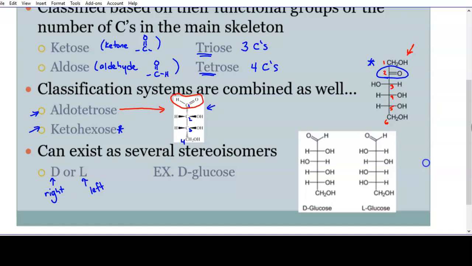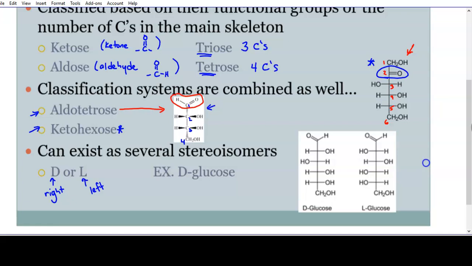Okay, it is always the oxygen that is on the last chiral carbon, which we'll talk about as well. That means there's 4 different groups around the center. So basically it's the oxygen that's furthest away from the aldehyde or ketone that is on a